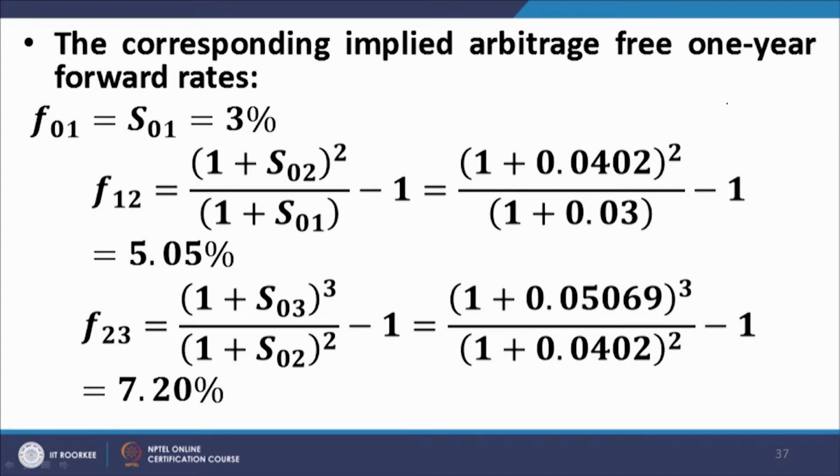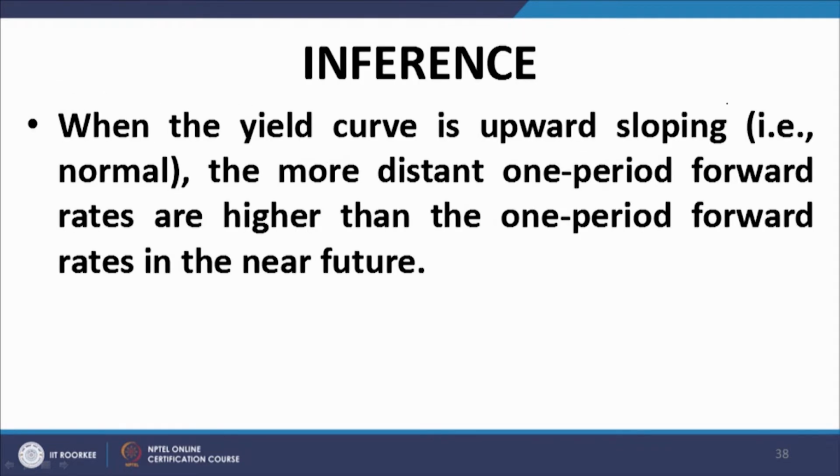F12, that is a forward rate that operates for a deposit initiated at t equal to 1 and up to t equal to 2, is 5.05%. And what we find for F23, that is the forward rate that operates between t equal to 2 and t equal to 3, on the basis of arbitrage free pricing, turns out to be 7.20%. Thus, one thing we observe is that when the yield curve is upward sloping, please note,